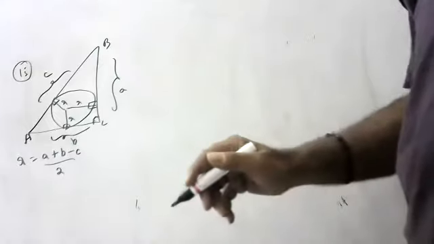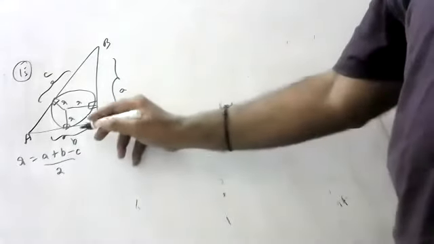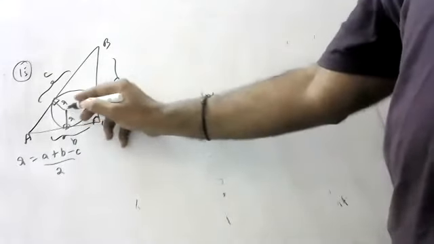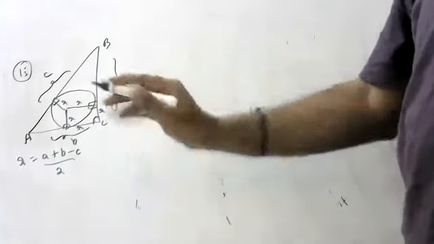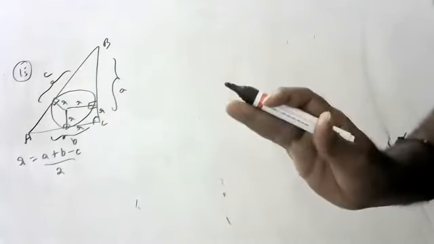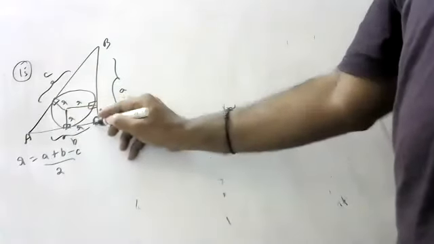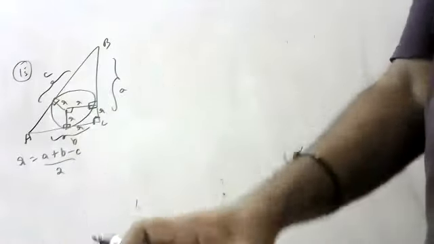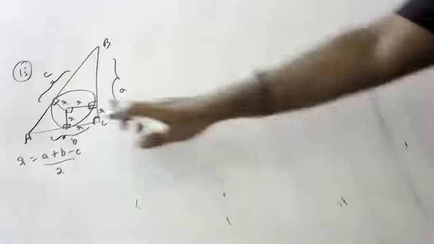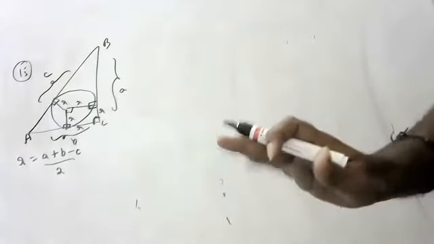Just see here, children. This is R. This is R. Means this is also R. This is also R. Okay, now check. Am I correct? Yes, sir. This is 90, this is 90, this is 90, this is also 90 automatically. Rectangle or square, opposite sides are equal. Am I correct, children? If you understand this, then the remaining is over.